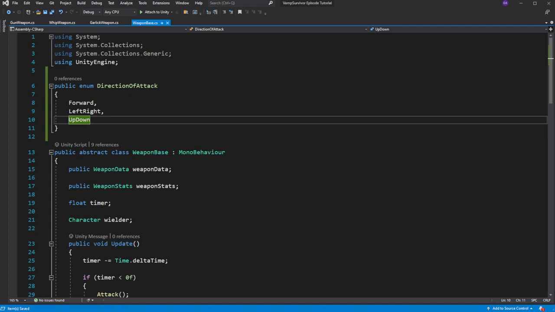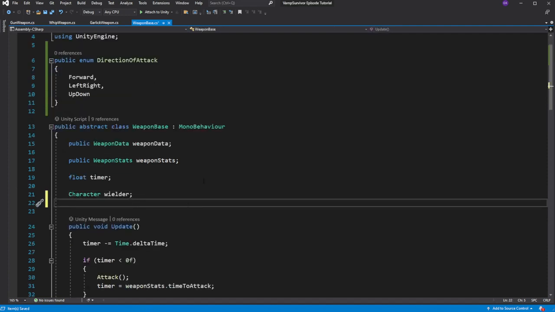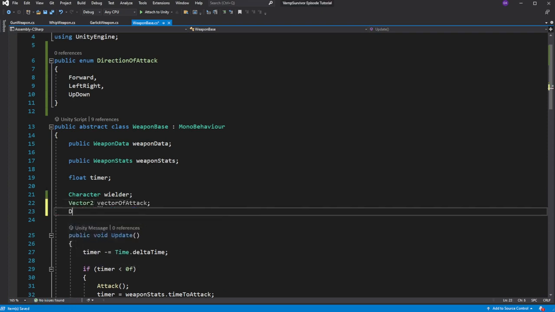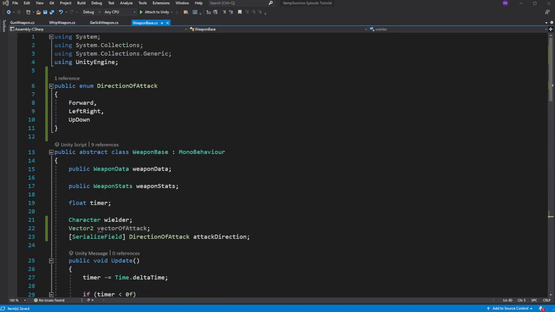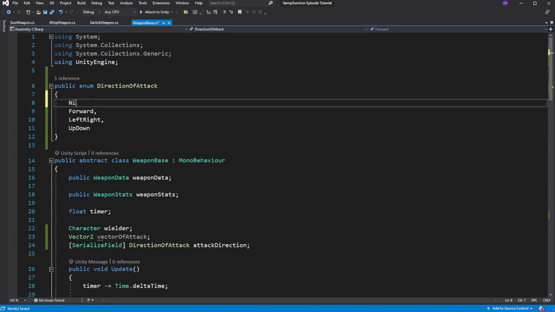In the weapon base, create two new variables, vector of attack of type vector2 and attack direction. Serialize attack direction, so we will be able to select the direction of our attack for the weapon. Let's add none as an attack direction in case we are not using any of the other attack directions.